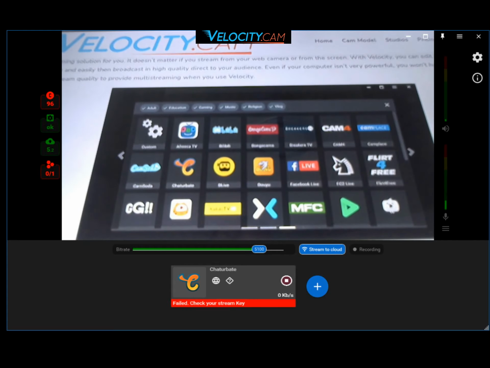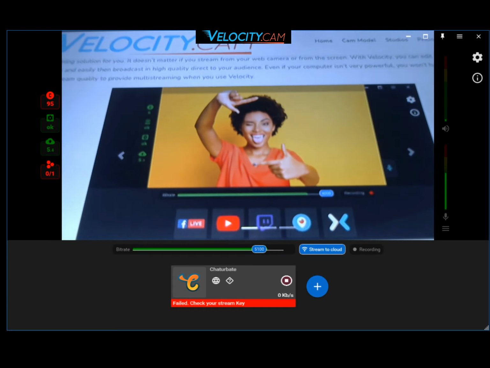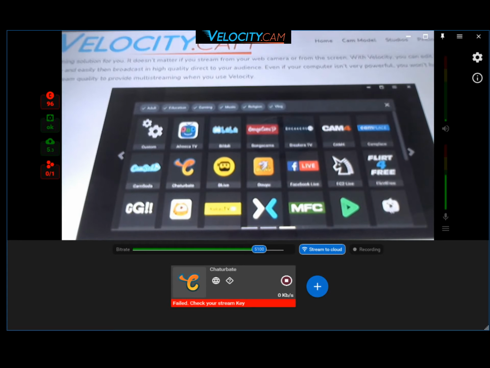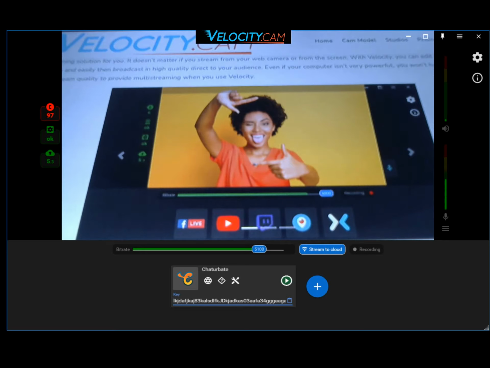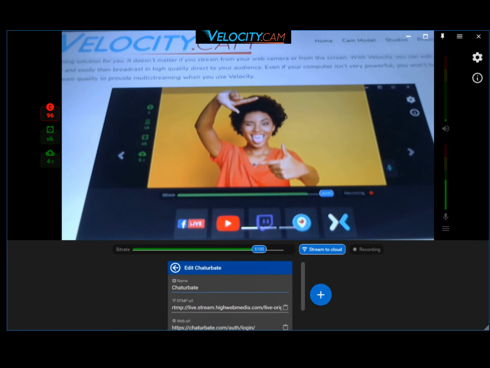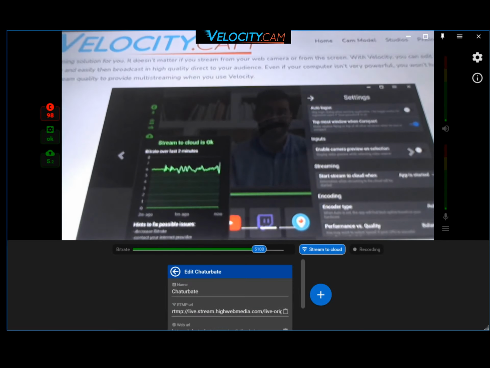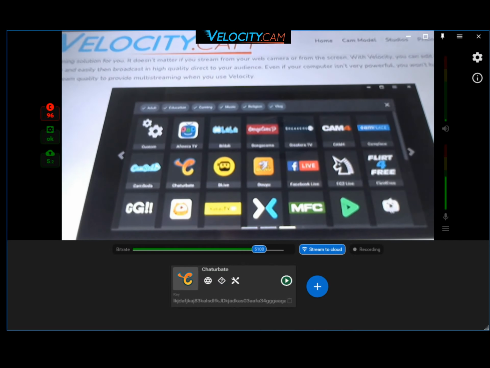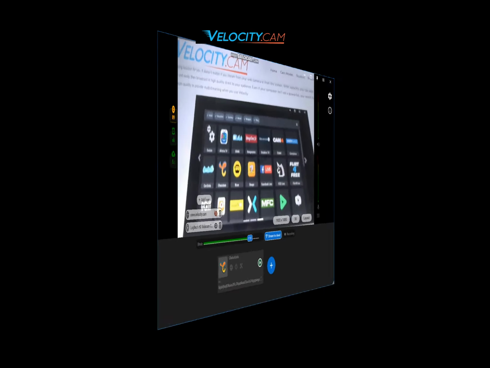It's trying to connect and it failed. So this says check your stream key. So it literally means it's the wrong key. So in this case, I would go back to Chatterbait, go back to my broadcast page, click on my external encoder settings, copy the proper key, come back here. Okay, I'll stop the stream, and I can just paste that new key here, or I can click this tools icon and put that relevant information here. Okay, and once you've got the correct key, click play again, and voila. Once that starts, then it's going to show you how many kilobits a second that it's